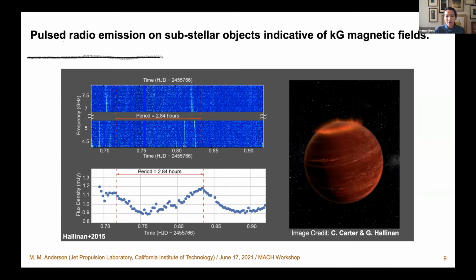It was the detection of this large-scale auroral current system. So unlike what we would see on the sun, where magnetic activity is driven by small-scale effects lower in the atmosphere of the star, what we're seeing is something that's much more like what we see on the planetary bodies in our own solar system, something much more like Jupiter, where you have a large-scale current system producing this auroral radio emission.